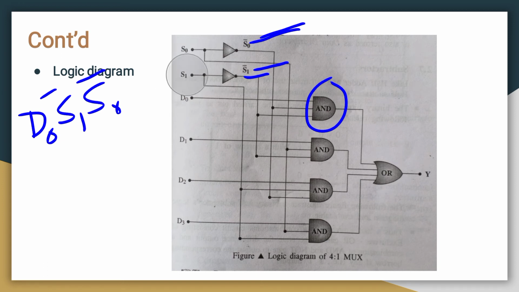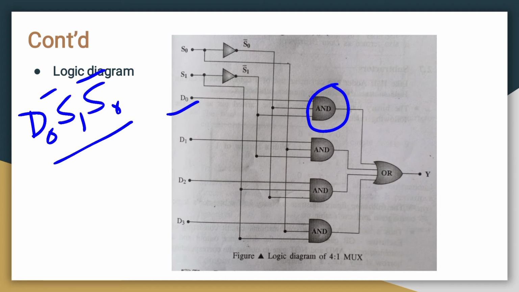So I repeat: for this expression, I take D0 S1 bar S0 bar. See this line here, and at the last D is here. So this is about D0, S1 complement and S0 complement.